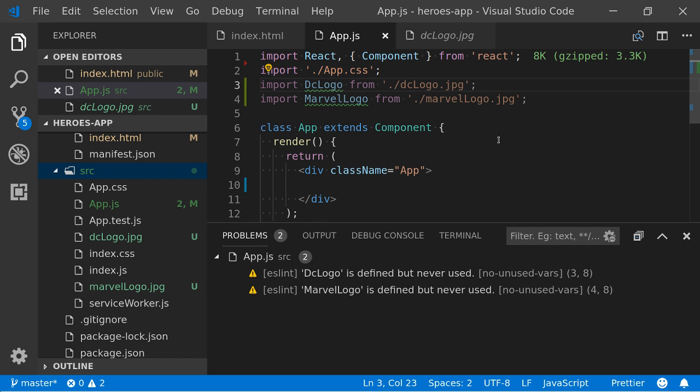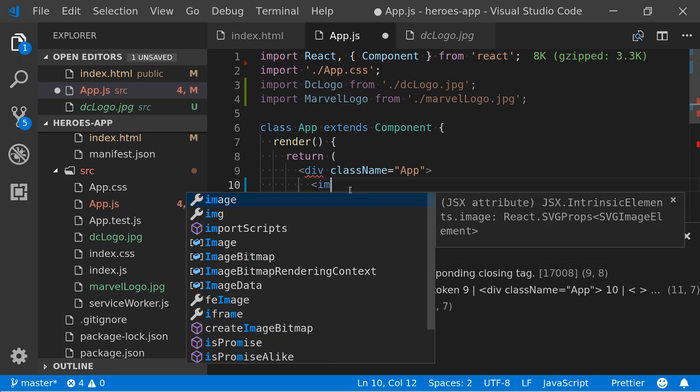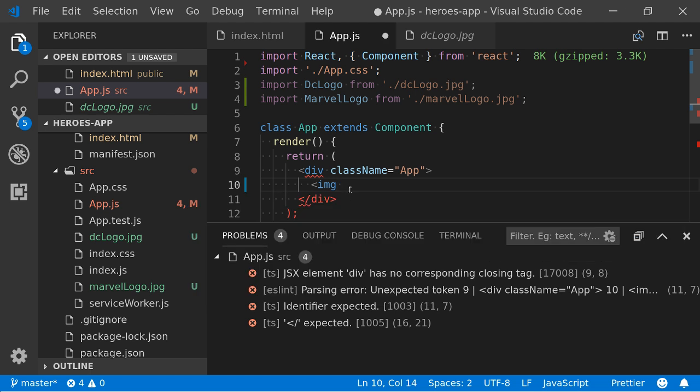All right. Cool. So now we actually need to display this image. Hold on, let's look at my warnings. That's fine, because it's telling me that I've imported them, but I haven't used them. Okay, so how do I display an image in JSX? This is what you were saying, right? Yeah, image tag. What attributes does an image tag need in HTML? Source, yeah. Anything else?